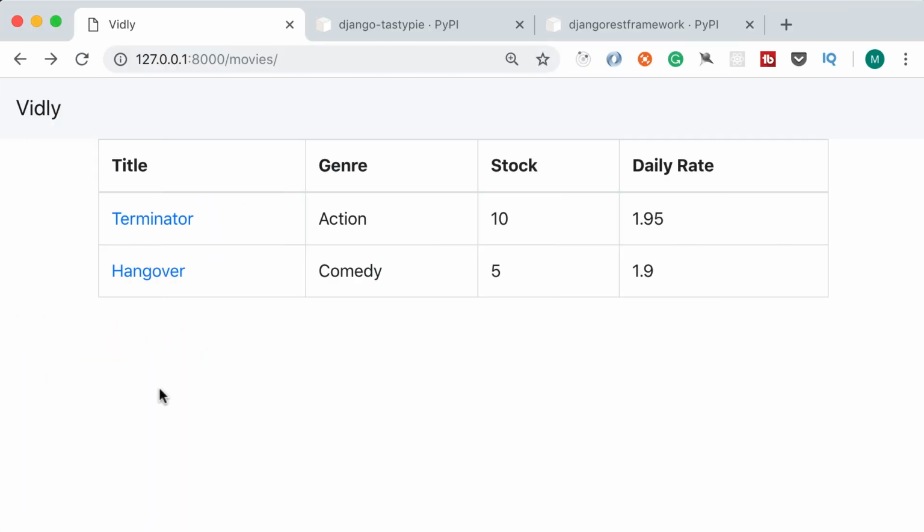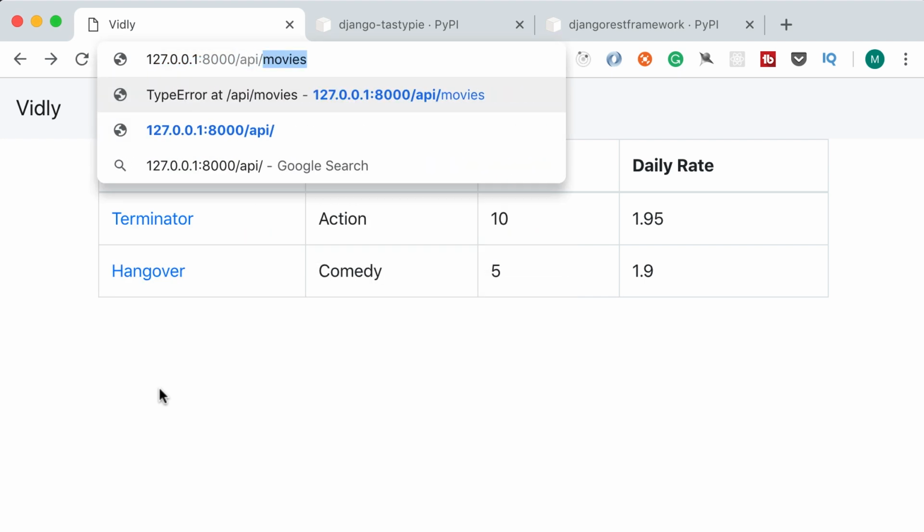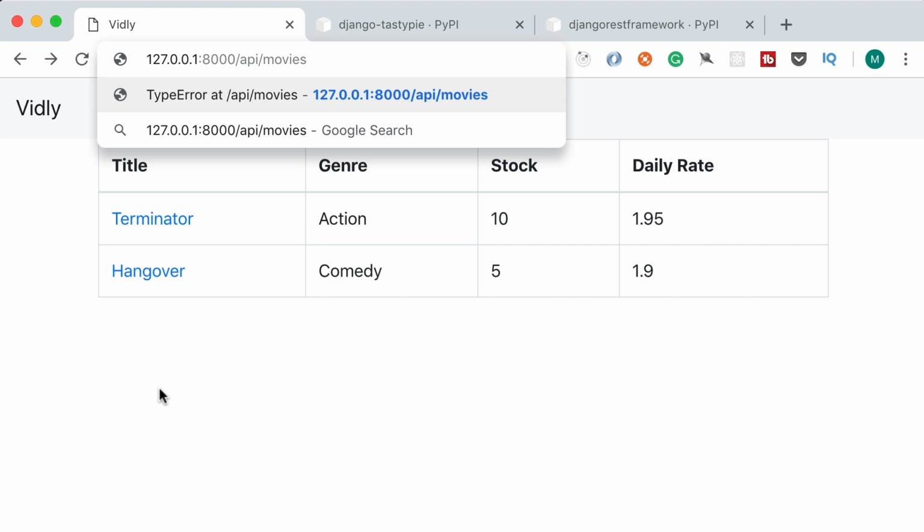In this lecture, you're going to learn how to build an API, or an application programming interface, for our Vidly application. With this API, other websites or mobile apps can work with our data. In practical terms, that means we're going to expose new endpoints that start with API, for example, API/movies. So other websites or mobile apps can send an HTTP request to this endpoint and get the list of our